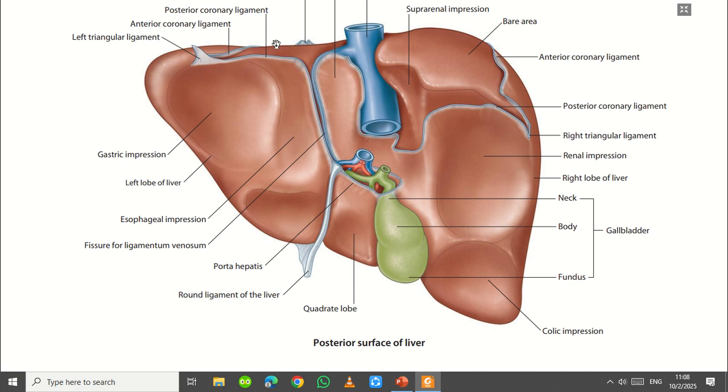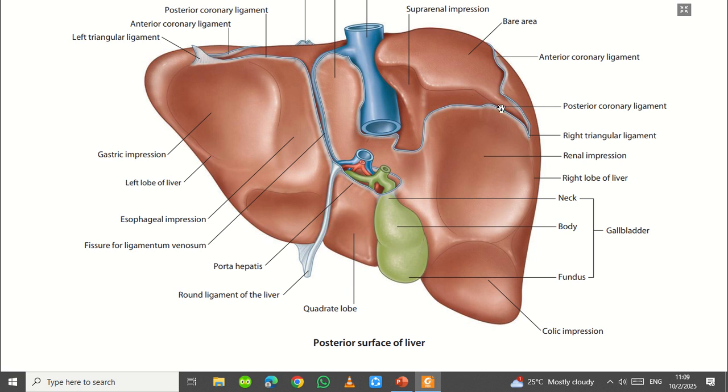So you can actually appreciate that this was your anterior coronary ligament. This is your posterior coronary ligament, right? Your posterior coronary ligament is actually an extension of the lesser sac, right? Good. So you're going to have an impression, which is called the bare surface of the liver. So this portion is not covered by peritoneum,